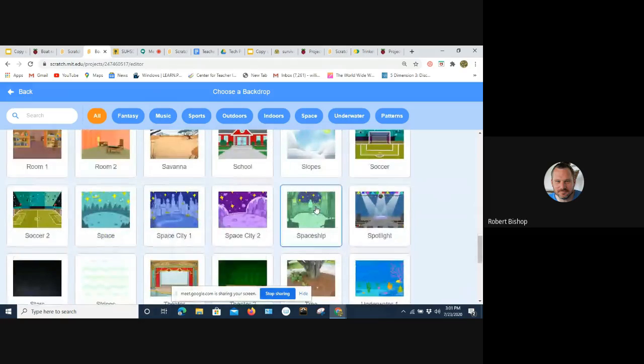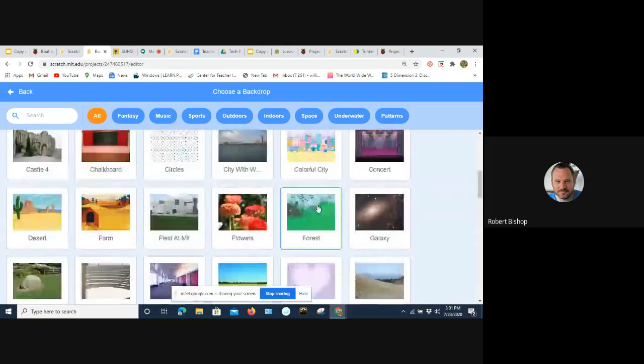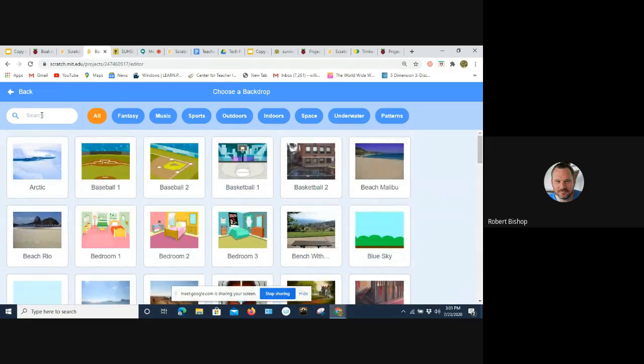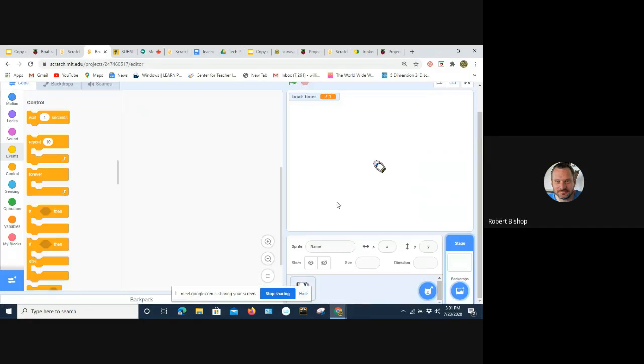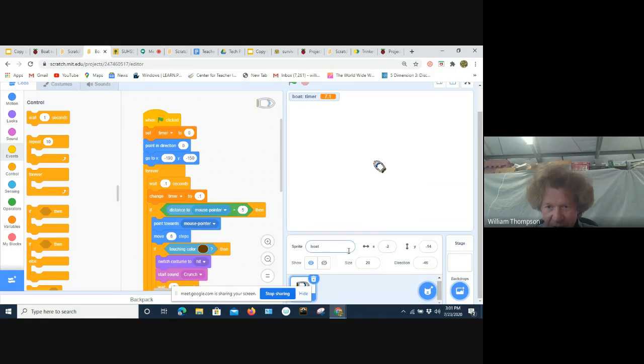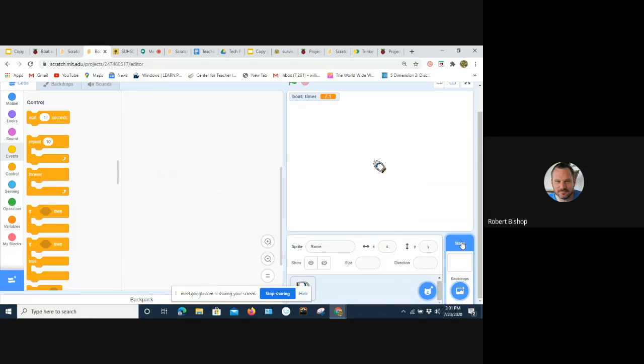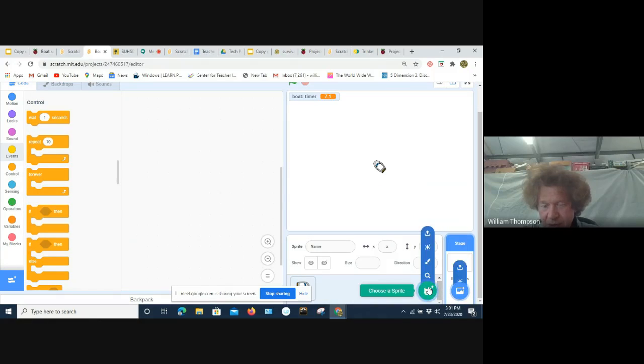I can't remember exactly what happened, but I got totally lost, and then I clicked back on my sprite, and then everything came back to normal. Let me see. Backdrop. I clicked on my sprite. Stage. Backdrops 2. It's an odd thing. But we basically got pretty much through the whole activity before I blew mine up.